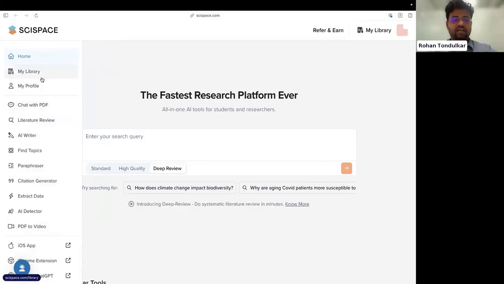So for people who are new to SciSpace, I would say our USP is that we try to provide a more wholesome research platform where you get to do a lot of things, where multiple tools are connected to each other. So it's a research workspace that we provide, right? That is our main USP, where we are not just a literature review tool, or just a chat with PDF tool, or just for writing, or just for citations, and so on.